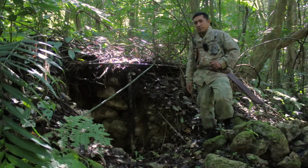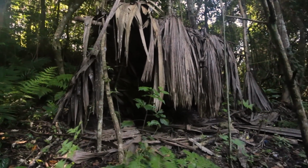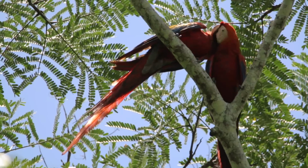It's one of those things that is very hard to keep up with, and we could find some of those old campsites within the plaza area. So that tells us that they've been camping here for several days, and you can see some trash that is left behind. These places, there's a lot of human threat. We're not very far from Guatemala, and we have people coming from that area. A lot of times these guys are just either hunting or poaching, like the macaw parrots in the area, non-timber extraction, logging, and one of the main threats